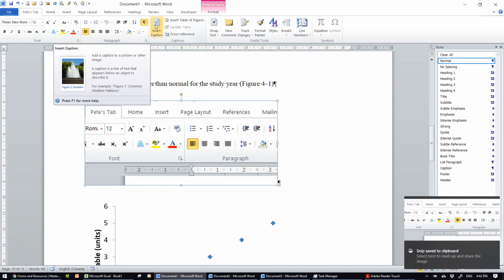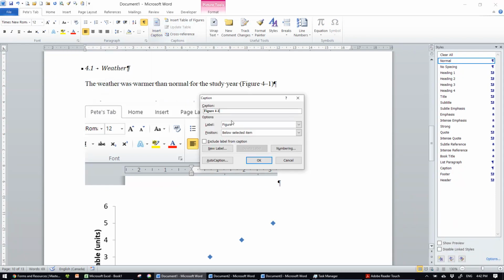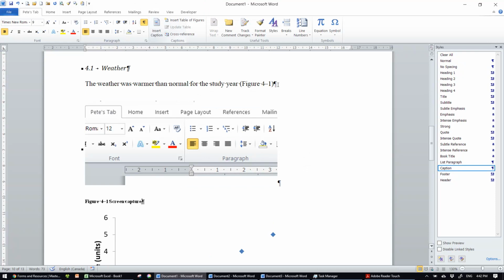I'll say insert caption. So I now have figure 4-1 figure below. I can type my figure caption in here if I want. The numbering is all set. I click OK. So there. Now we'll see that this hasn't actually updated. This seems to be a weird quirk in Word, or for whatever reason it is, but all I'm going to